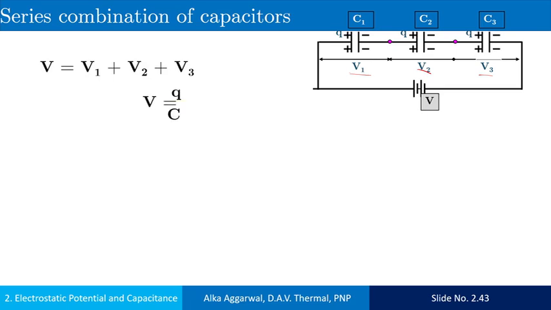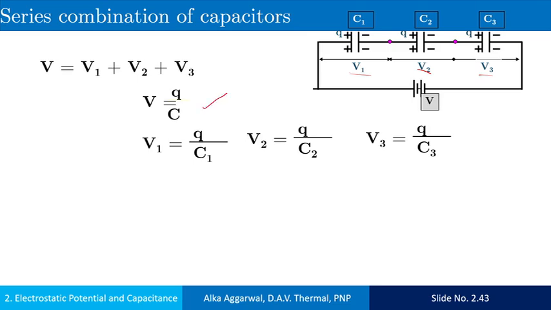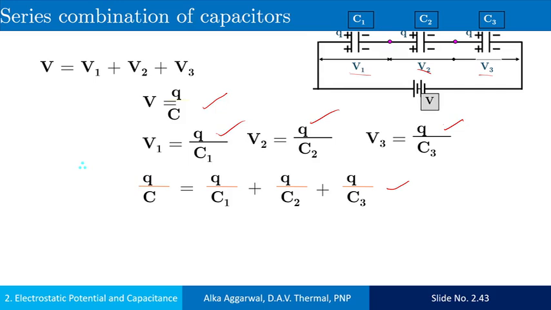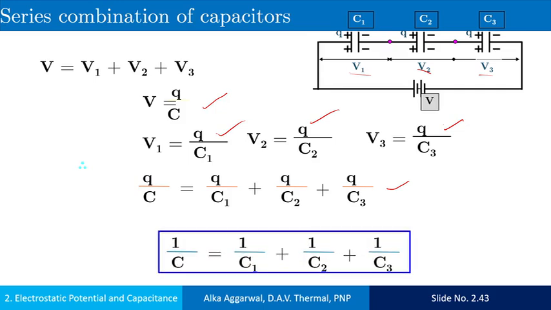But V is equal to Q upon C, where C is an equivalent capacitance. V1 is equal to Q upon C1, V2 is equal to Q upon C2 and V3 is equal to Q upon C3. Replacing the V1, V2, V3 by these values, what we get is Q upon C is equal to Q upon C1 plus Q upon C2 plus Q upon C3, which is equal to 1 upon C equals to 1 upon C1 plus 1 upon C2 plus 1